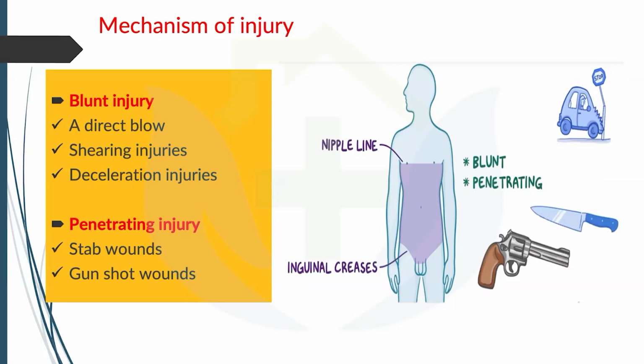Now, it is important to differentiate a penetrating from a perforating injury. Penetrating is when you have an injury with only an entry wound and no exit wound. Supposedly, someone gets stabbed, so the knife has an entry but no exit. That's called a penetrating wound. If you have an entry as well as an exit wound, then it's called a perforating wound, which is most commonly seen with a gunshot wound. So this is a very basic difference.